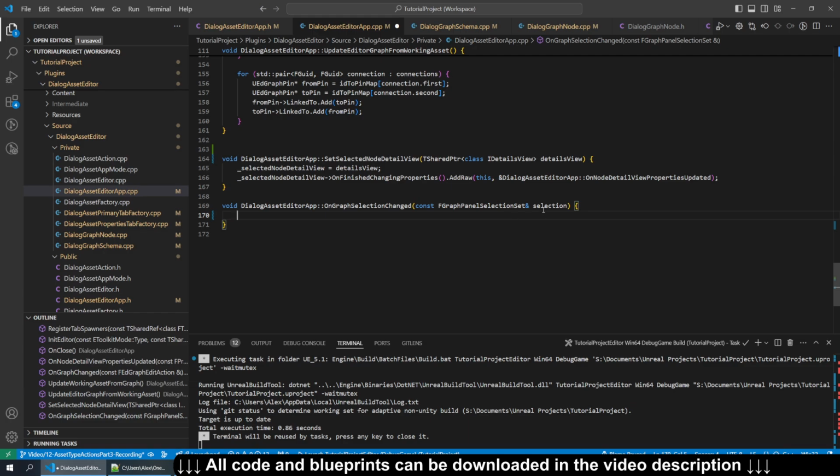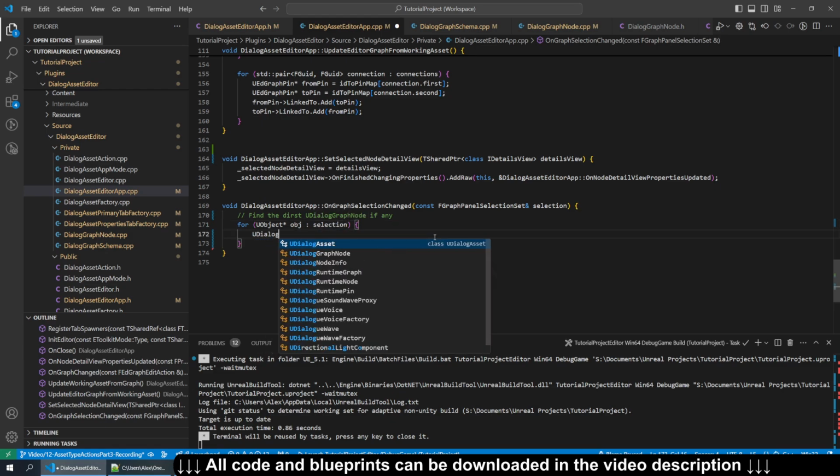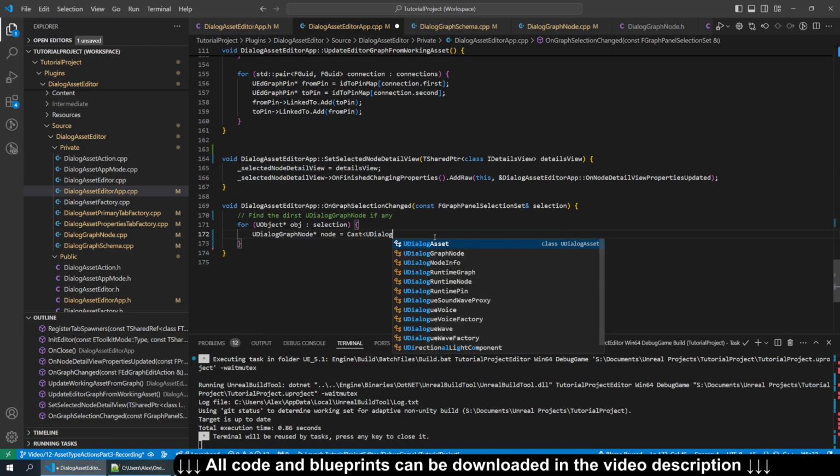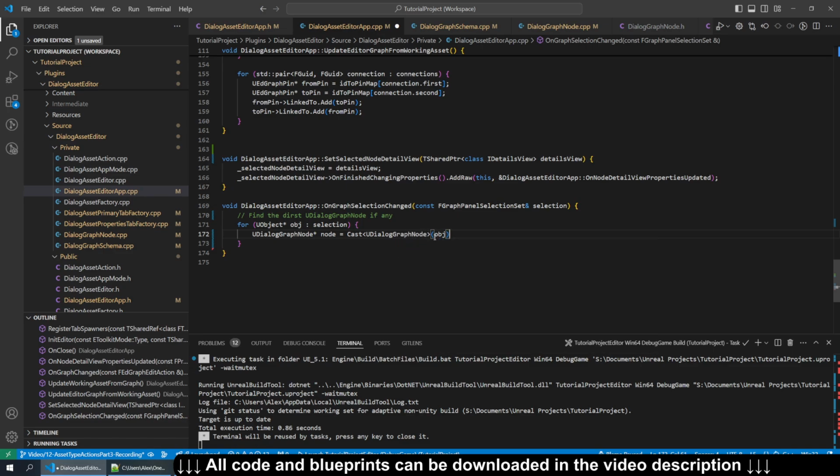And the selection that gets passed in is just a group of view objects that are selected. So we just want to find the first UDialogGraphNode in that selection, if there is one. And so we'll just iterate over this. So for each object in that selection, we're going to check if it's a node. So UDialogGraphNode node equals Cast UDialogGraphNode object. And if that's not null,